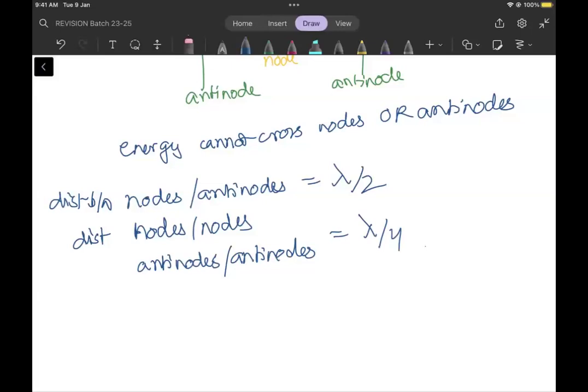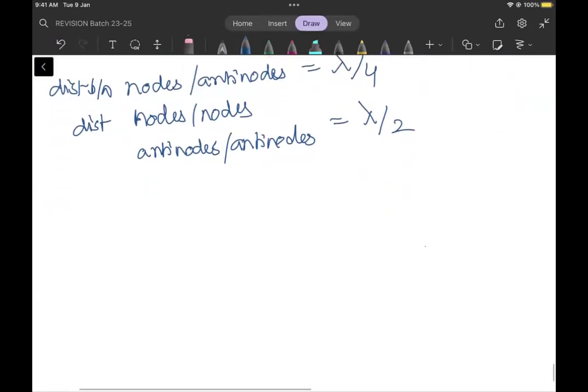ओके, सॉरी मैंने उल्टा लिख दिया। सब लोग सो रहे हैं, क्या हो गया है? सबको जगना है यहाँ पे। लैम्डा बाई 4 होता है ये, और ये लैम्डा बाई 2 होता है, राइट।